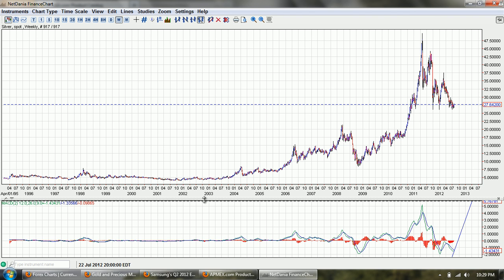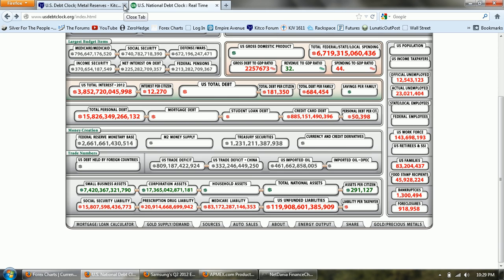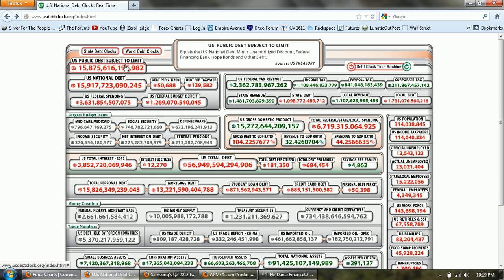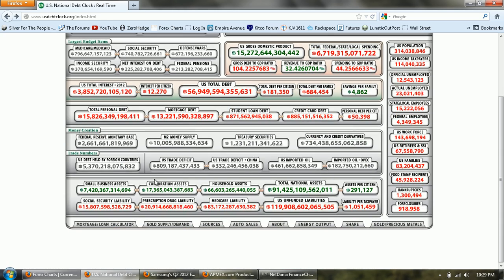Let's jump over to the national debt clock. If you go to the debt clock, they have a bunch of clocks over there. This is the main debt clock, and this is the one for the national debt. You can see we're approaching the $16 trillion mark right there, 15,917. Now at the bottom you have these other charts that they've done here, and this one is the gold